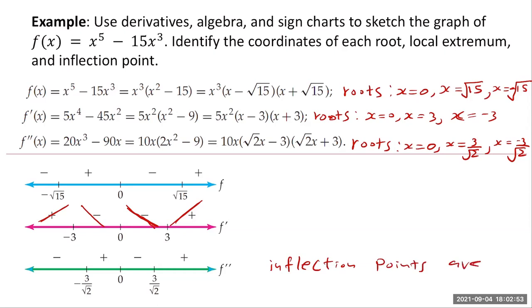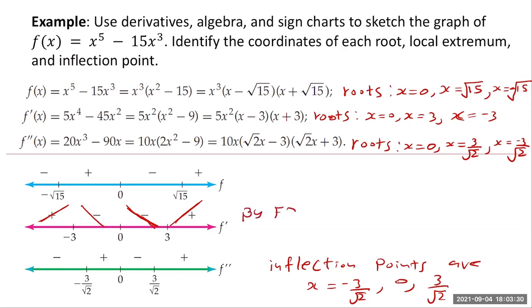What are the points where f double prime changes sign? Here, clearly f double prime changes sign, minus to plus. At this point also, the sign is changed, plus to minus. At this point again, the sign is changed, plus to minus. We have 3 inflection points: x equals -3 over square root of 2, 0, and 3 over square root of 2. Those are the 3 inflection points. That means at these points, my concavity changes. Here, let me write